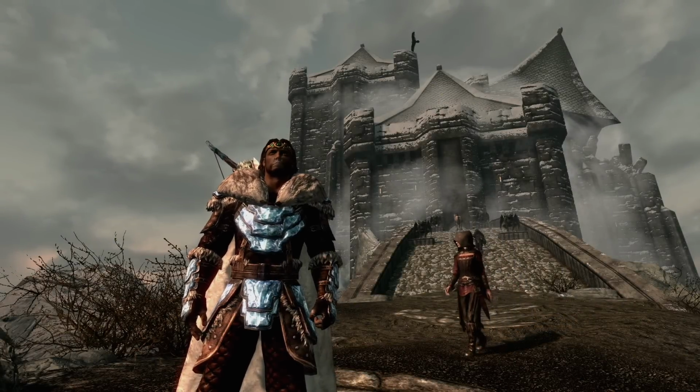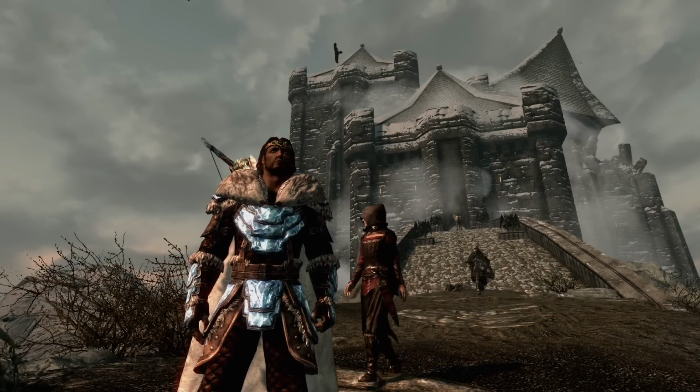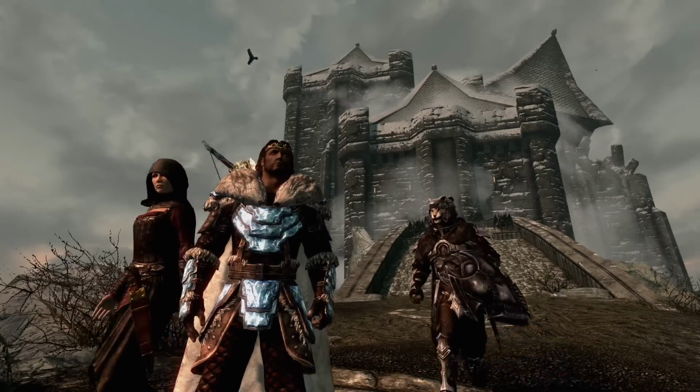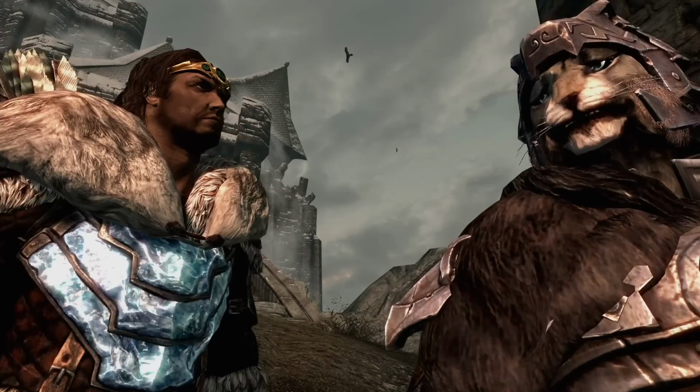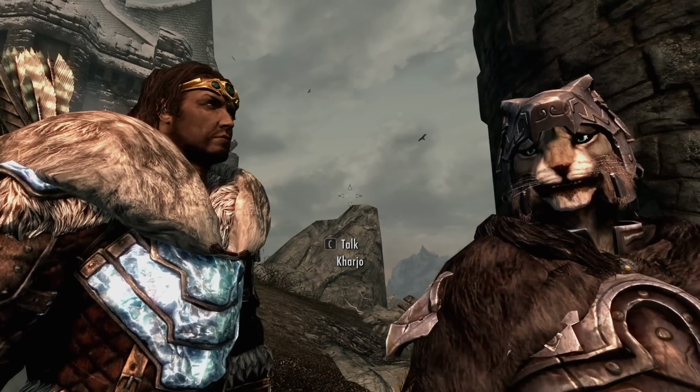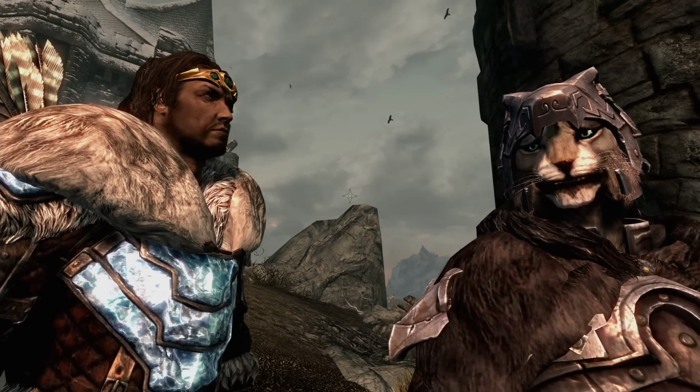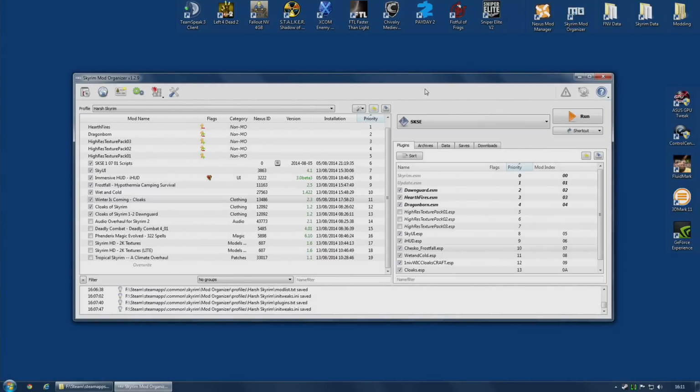And there you are. We are on the cold shores of Castle Volkihard. My character has got a thick fur cloak on, and as you can see from his breathing, it is a little chilly out. Okay, so that was the harsh Skyrim profile, but let's go in the complete opposite direction now